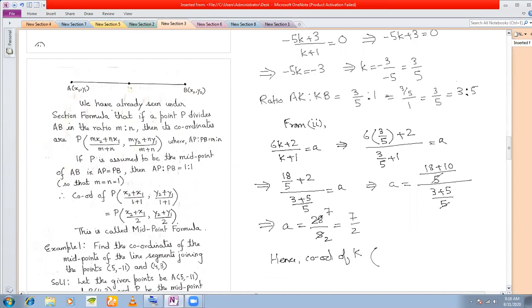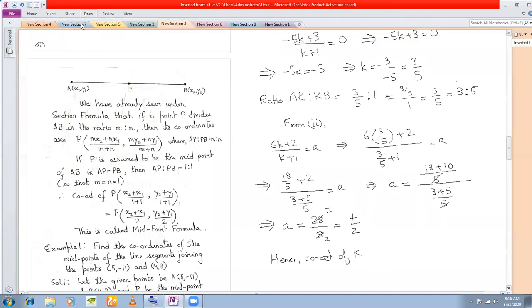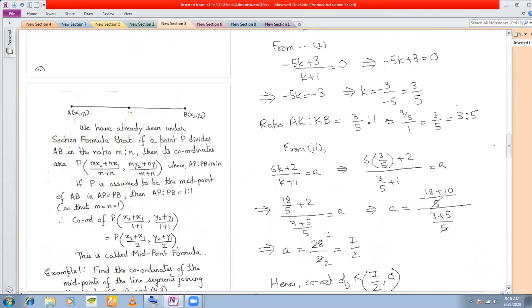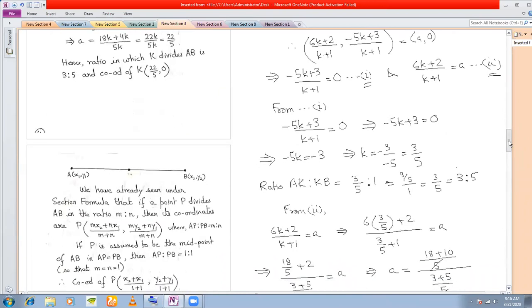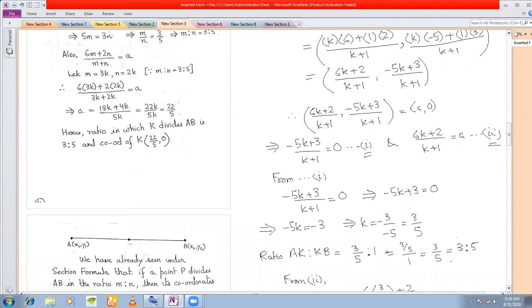Hence, what is the coordinate of K? Coordinate of K was A comma 0, isn't it? The value of A we have got as 7 by 2. So this is the coordinates of K. Any question? Which one do you find easier, the first method or the second method? So the second method. Fine. Okay. So if there are no questions, then I proceed to our next